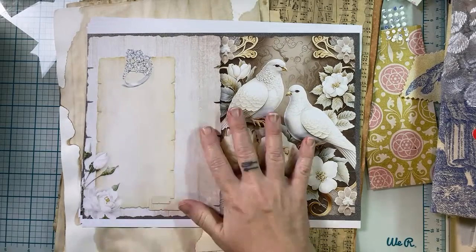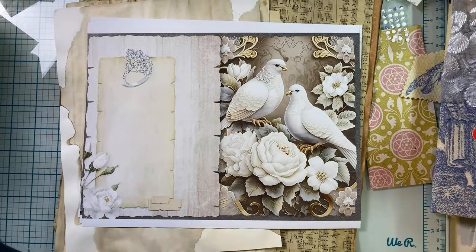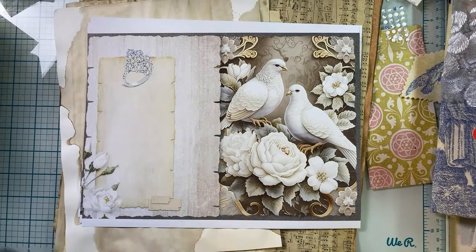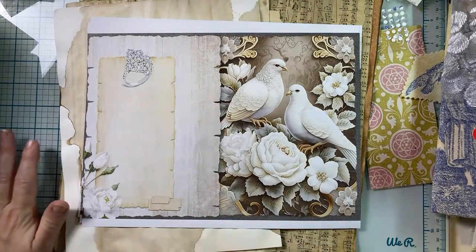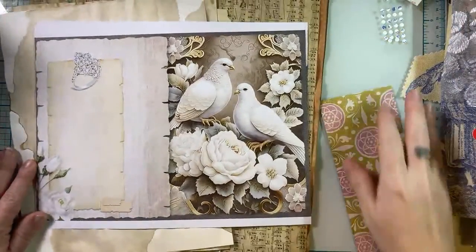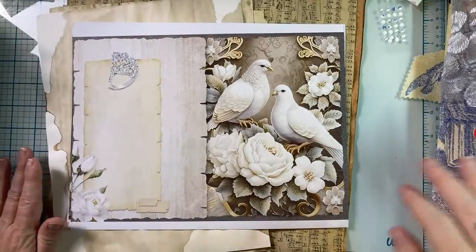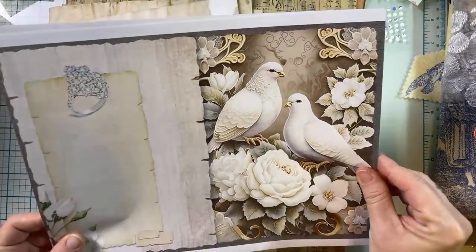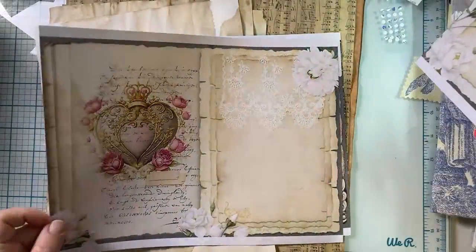I am here early this morning to start a journal. This is for one of my mom's friends who she and her husband are renewing their vows, and my mom asked if I could make a journal for them. And so I found this wedding journal